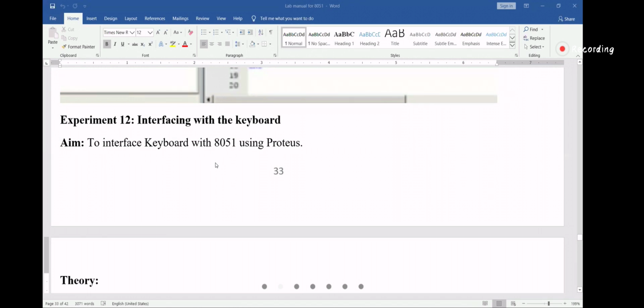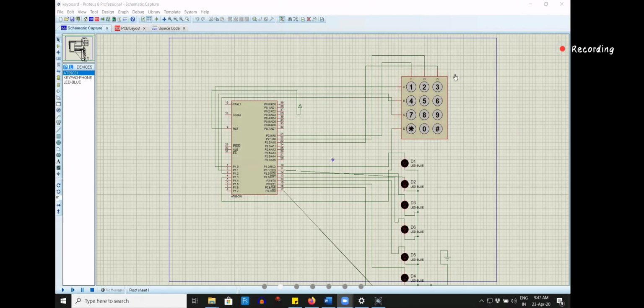We'll take that example, because in Proteus you will not get a keyboard which you use for the computer. You will get a keypad like this. See, I'll show you. Like this. Is it visible? Yes, sir. This keypad. See, on Zumbe, you will get a keypad in Proteus. So you should be able to interface this. I have done it, so it is possible.